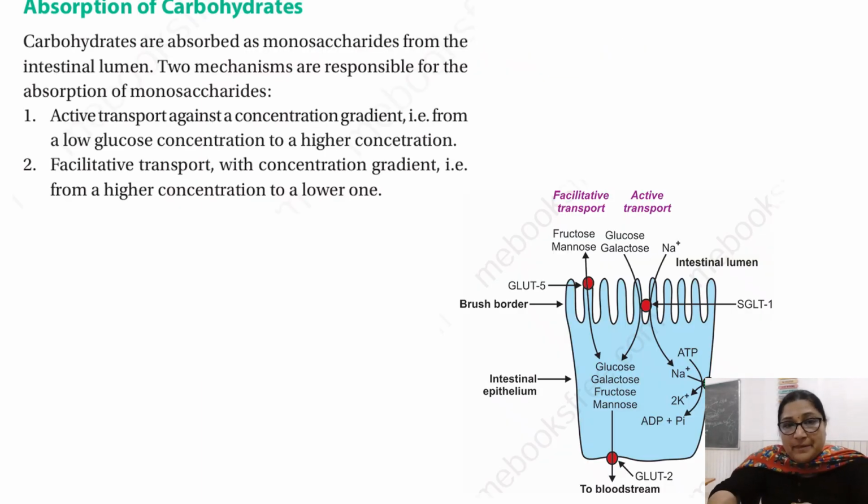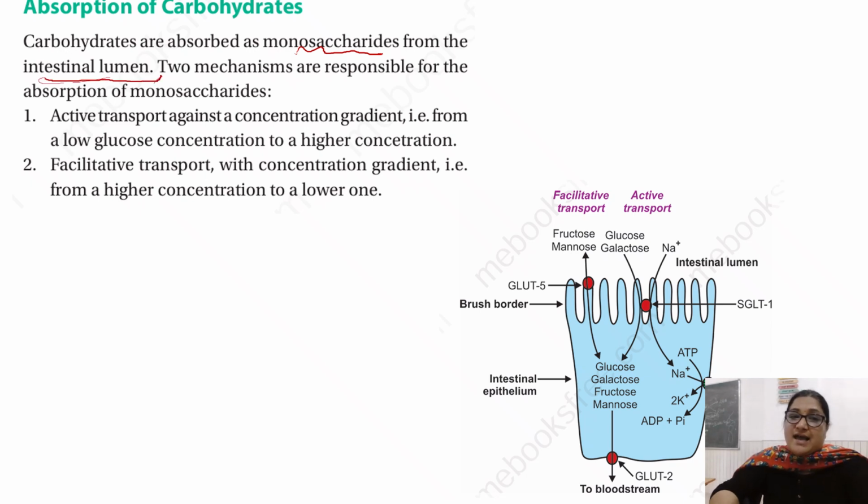So far we have covered the digestion of the carbohydrates, and now from the intestine the carbohydrates will be absorbed into the blood so that they can go to the cells and there synthesize the ATP. Okay, so when we talk about carbohydrates, they are absorbed as monosaccharides from the lumen of the